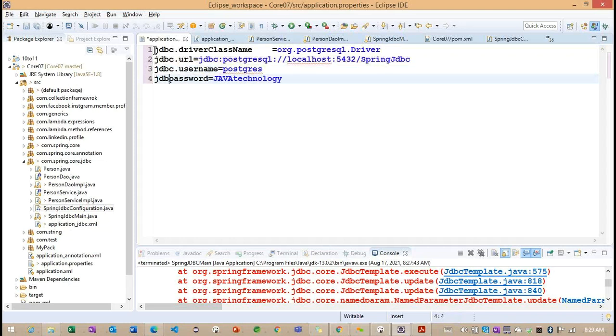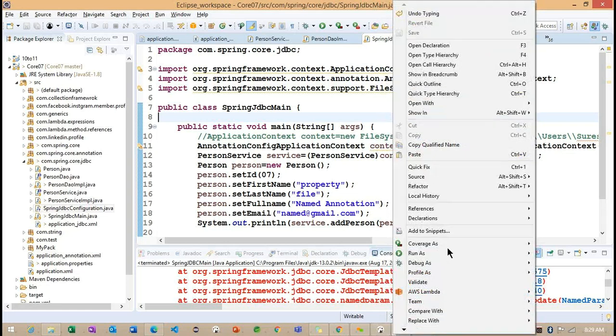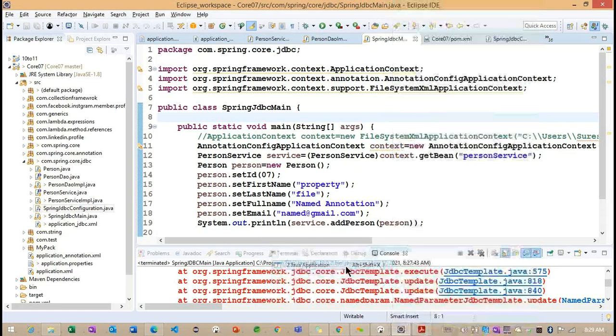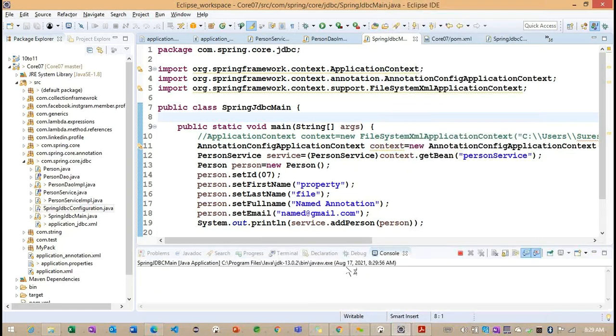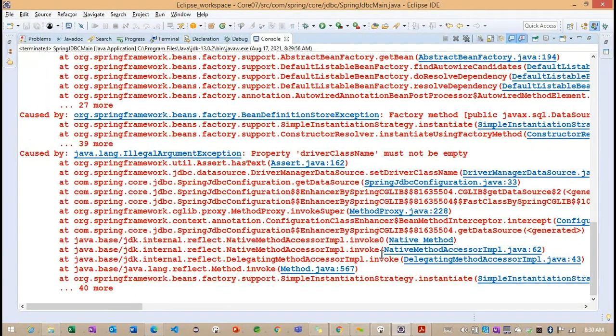Maybe we need to add this particular JDBC. Let me try here. Driver class name must not be empty.